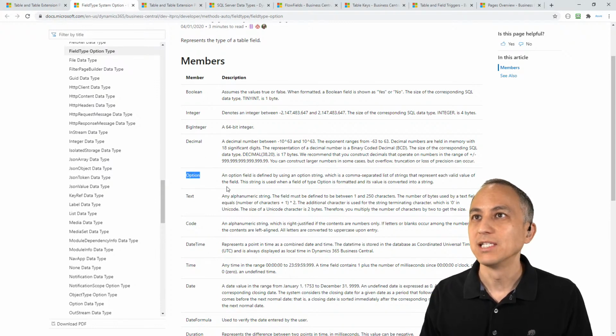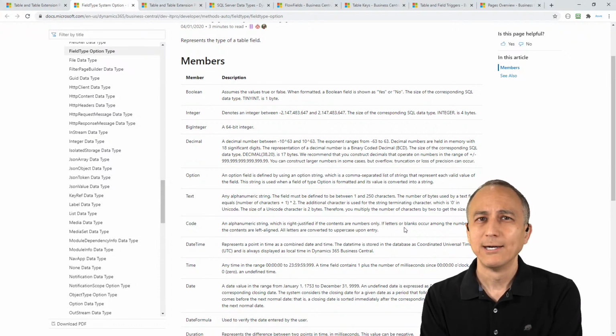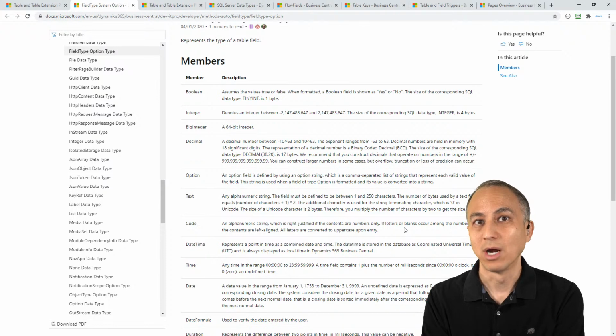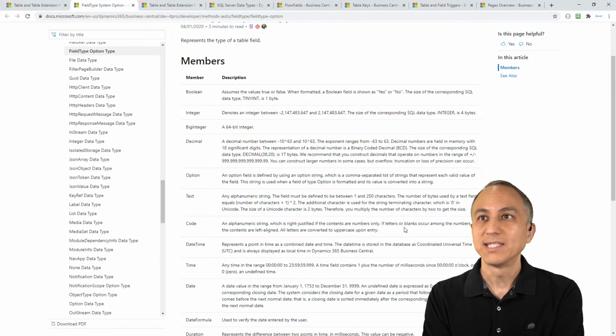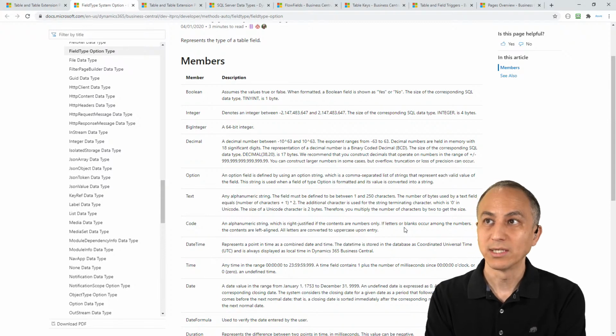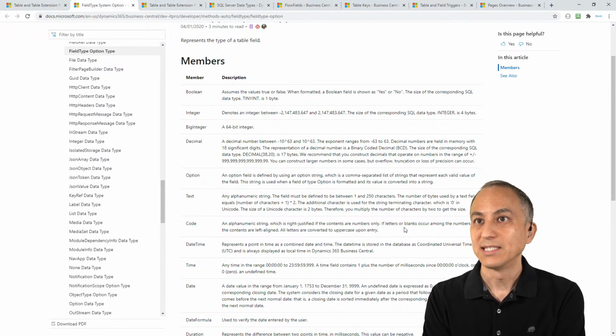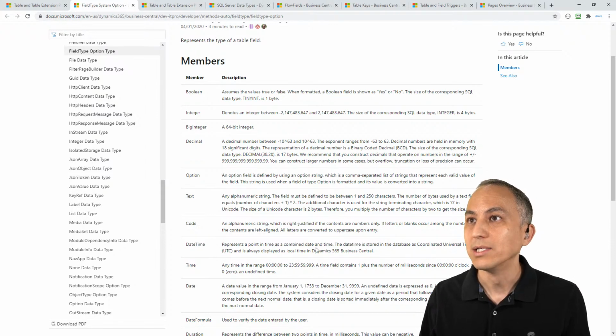Option. An option is defined by using an option string, a comma separated list of strings. Okay, each valid value of the field. So I'm just going to guess this is kind of like a drop down or select from a list type of thing. Then you have text and code. We talked about code, date, time, and now there was